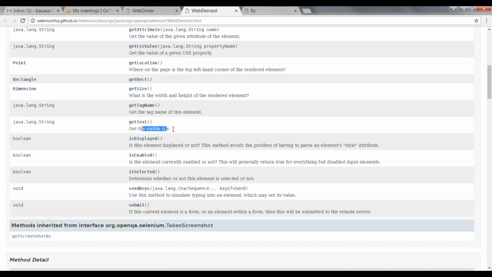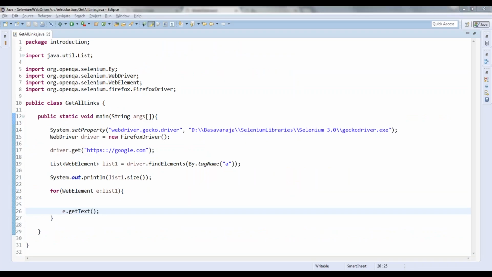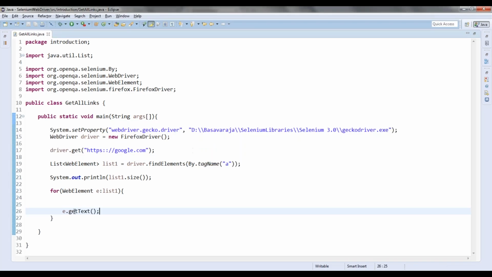You can see here, get the visible text, that is not hidden by CSS, inner text of the element. What is the inner text of the element? If you have any element, for example A, and then this is test, and then A is closing here, this is the inner text of any web element. So if you want to get the inner text of any web element, you need to use getText.